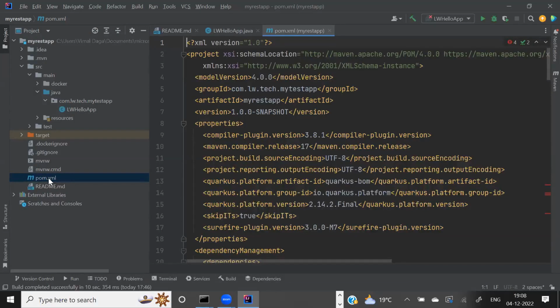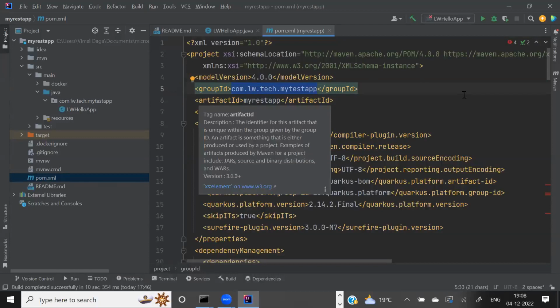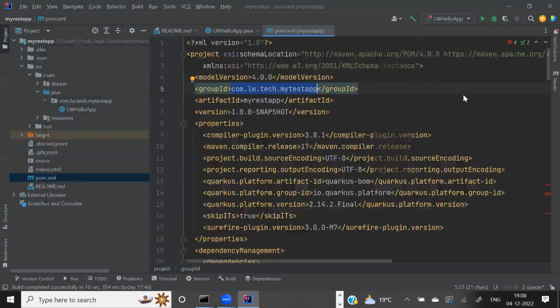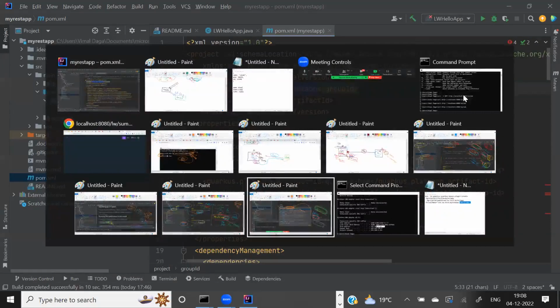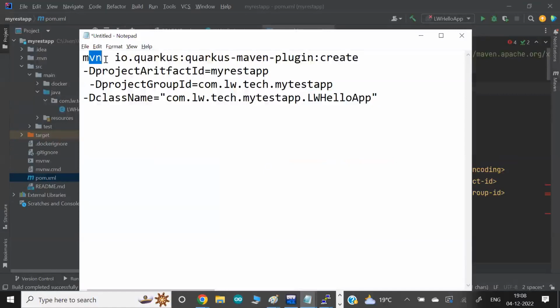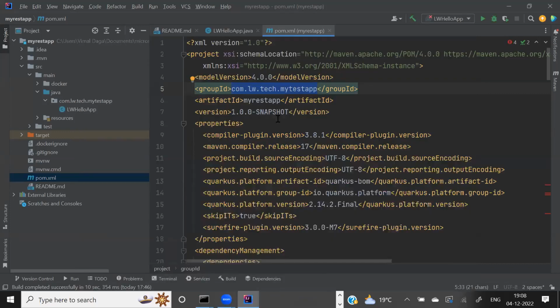And all the information we have given till date initially, that my artifact name is this one, my group ID is this one, this is also Maven update here. You know that big command that I ran initially with Maven, right? So information about the project or folder, Maven stores this information. Or much more information we can give here inside this file. This is a Maven internal configuration file. We'll see more about it.